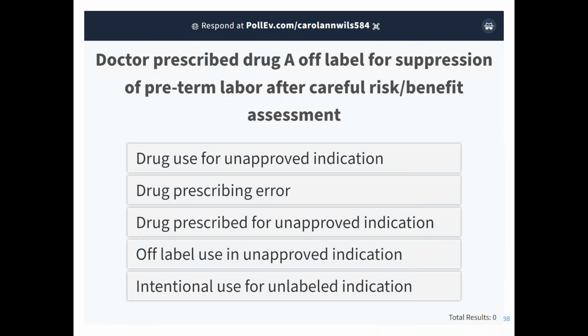So which LLT would you select when looking at this reported incident? Drug use for unapproved indication, drug prescribing error, drug prescribed for unapproved indication, off-label use in unapproved indication, or intentional use for unlabeled indication.